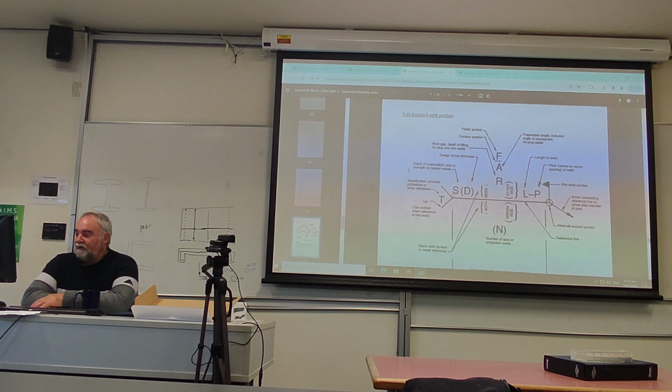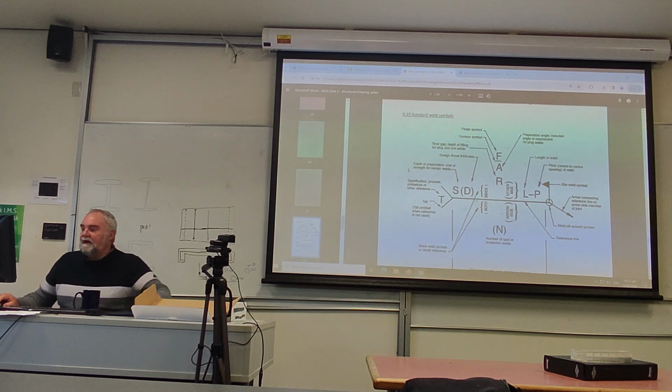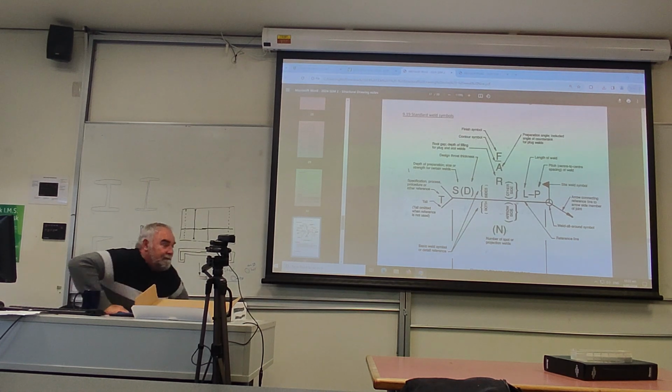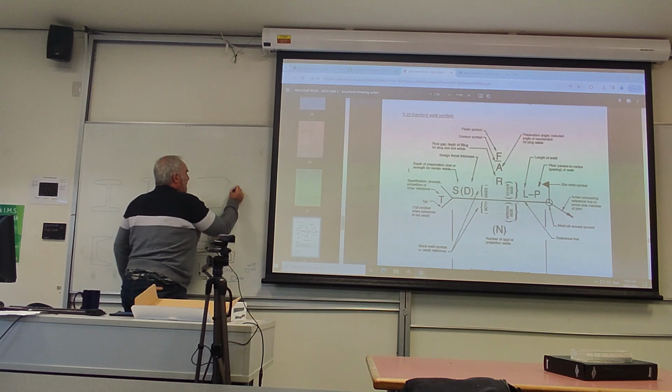You've got to decide whether it's an all-round weld. If so, you put the little circle there. The arrow will be there, definitely pointing at the spot where the weld is. And it will have this V thing at the back. The question is this. So it's going to be that,